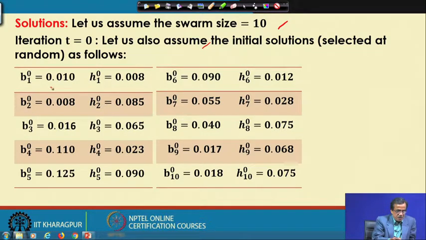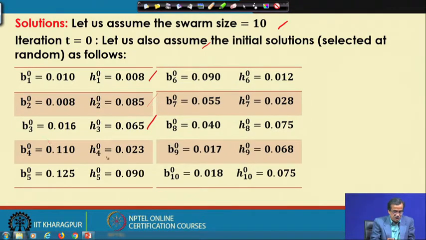For example, say B 10 is 0.010, H 10 is 0.008. Similarly, B 20 is 0.008 and H 20 is 0.85, and similarly the other solutions are also selected at random using the random number generator, but we will have to be careful that all such solutions lie within their respective ranges. For example, say B 30 and H 30 are determined at random like this.